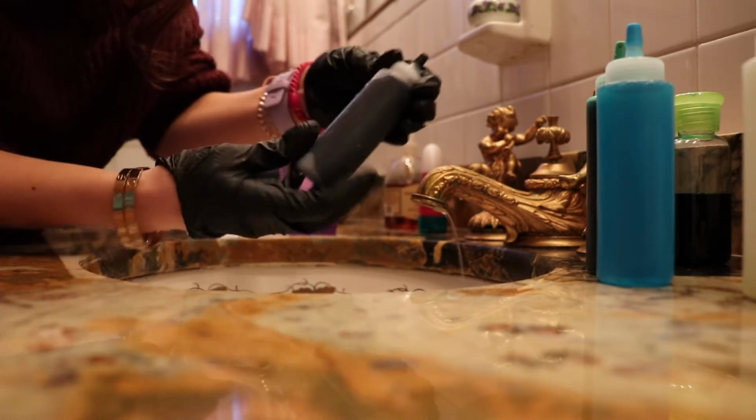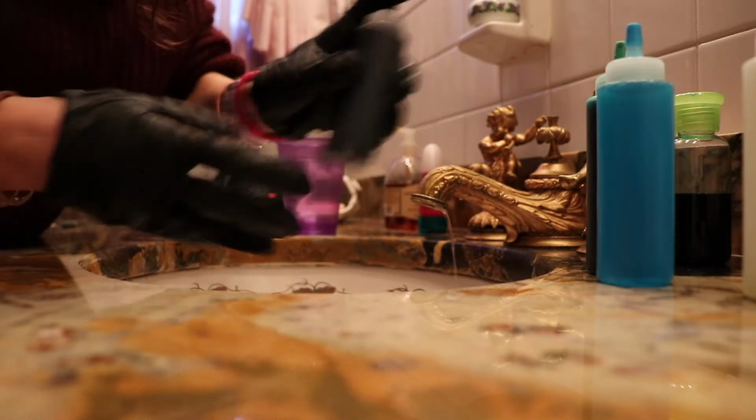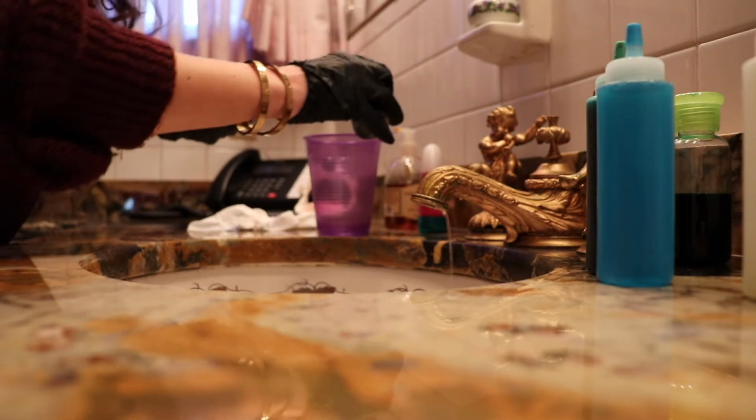So here we go. I have my black. I put this on really tight. Shake it up. Really good. And then I will pour it out in my cup. And because this is black, we want to pour it out like...